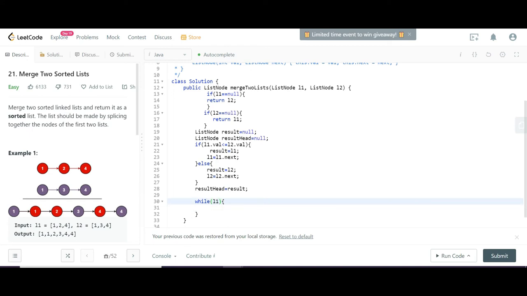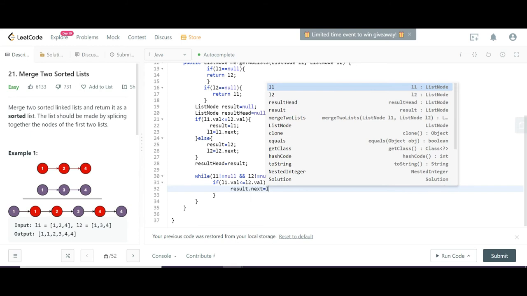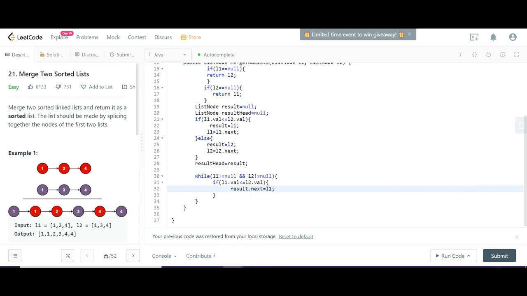We check this condition: if L1 is not equal to null and L2 is not equal to null, then only we proceed. Inside the same condition we check if L1 dot val is less than or equal to L2 dot val, then we do result dot next equal to L1 and we move L1.